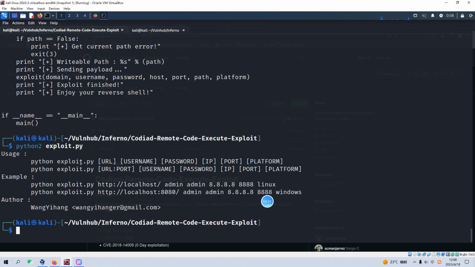And it gives us some example usage. We need to specify the URL, the username and the password, and also our Kali Linux IP and the port, which can be used to retrieve the reverse shell, right? And we can run this Python 2 exploit, and of course we need to specify the HTTP basic credentials,